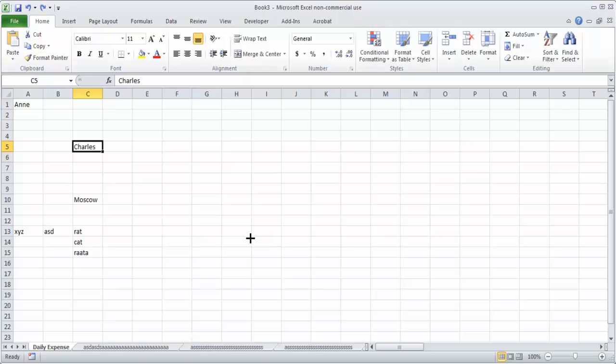F2 will make you come at the end and you can enter. So whenever you want to change anything in any cell, press F2. F2 will help you get inside the cell and you can update. Also you can see that all these values are available in the formula bar, and here also you can update, delete, and make these changes.